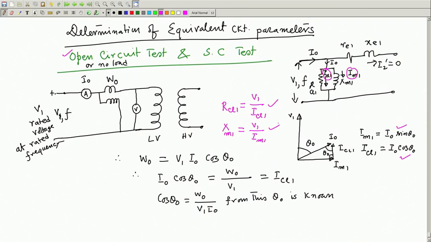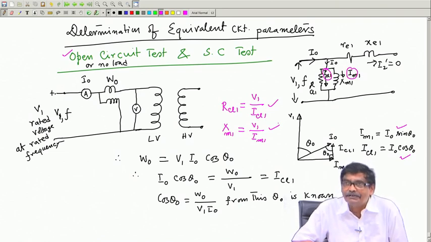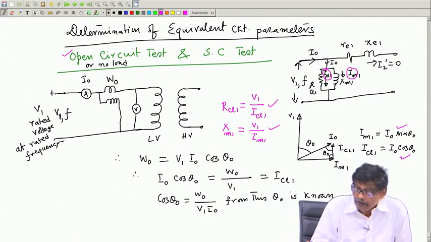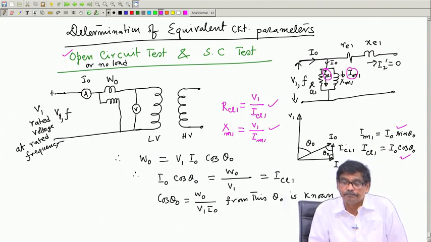Instead of trying to calculate the impedance V 1 by I naught, do not do it, because that impedance will then be the series representation of RCL and XM equivalent, and then you are gone. And do not say the series part of this equivalent circuit is the core loss resistance. Then it will defy the physical reasoning, that is, the magnetizing current requires a fixed voltage. So, you should be very careful. Mind you, then I have been able to calculate RCL 1 and XM 1.